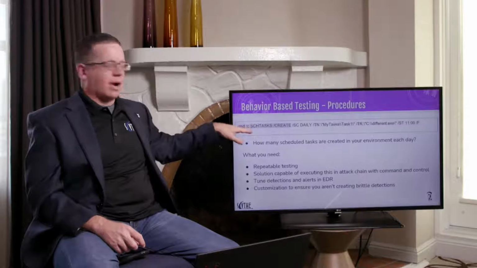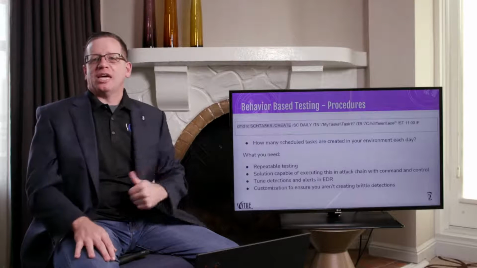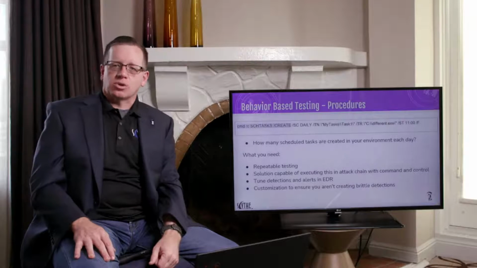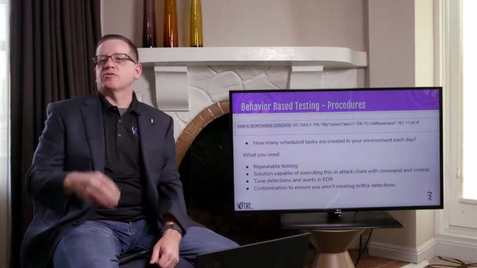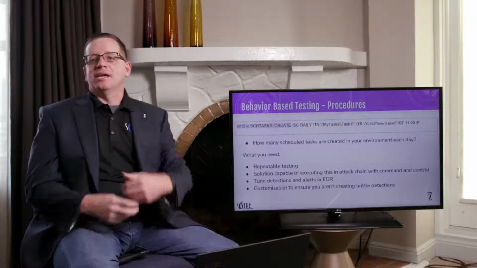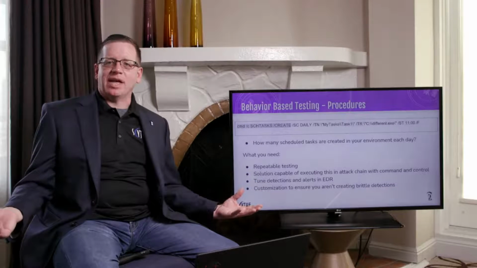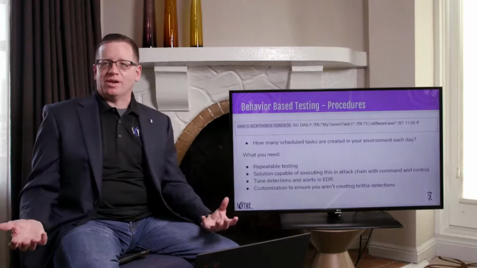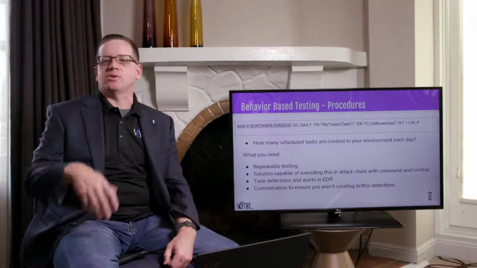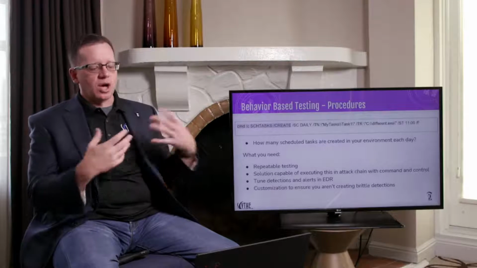Now, we're not done, by the way, right? This is a procedure. If I'm using schtasks for lateral movement, it's a procedure that accomplishes lateral movement. If I'm using it for persistence, it's a procedure for persistence. There are, by the way, dozens of ways to create scheduled tasks. There's a native Windows API for that. There's PowerShell for that, right? Do I run PowerShell from the command line? Do I do it through unmanaged PowerShell in memory? So there's a lot of stuff that I can do here.